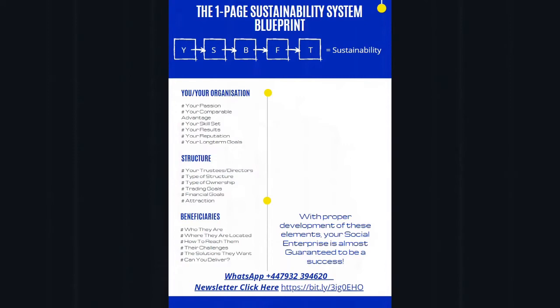How do you plan to reach them? Notice that in this one-page sustainability system blueprint, it sounds very much like a business plan almost. And it's very close to a business plan, although it's not quite a business plan, but it borrows some attributes of a business plan here. What are their challenges? Very important. The last thing you want to do is to create activities that the beneficiaries are not interested in. So therefore, this question really gears you towards speaking to the beneficiaries before you develop your package and your product